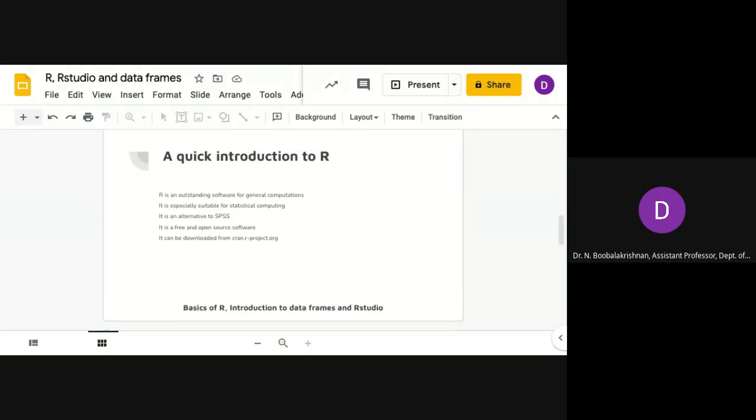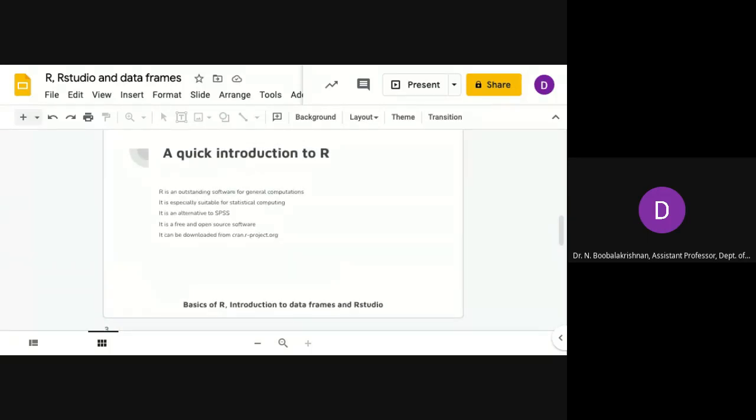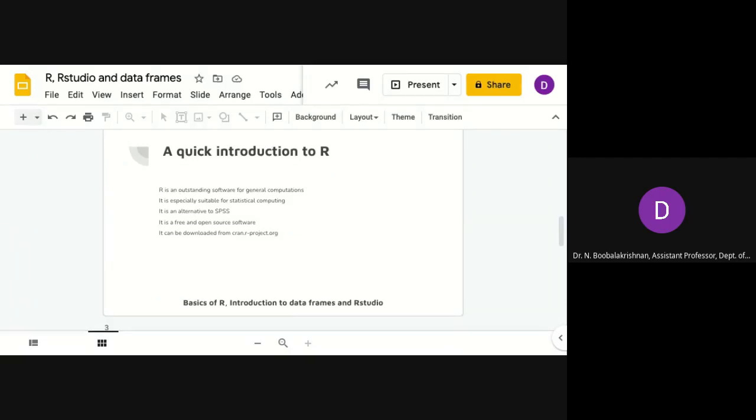Just a quick introduction to R. The requirements from your side are just elementary level mathematics, a knowledge about mean value, average, how to edit a text file, and how to plot a graph. No programming background is required. However, a simple exposure to basic statistics will help you understand this session better. No need to worry about programming knowledge.